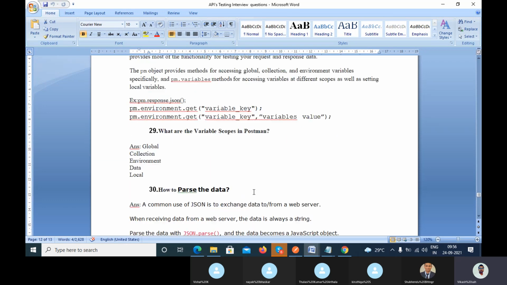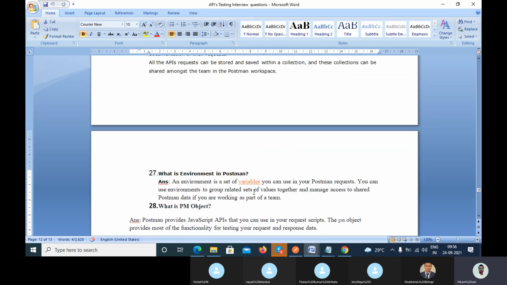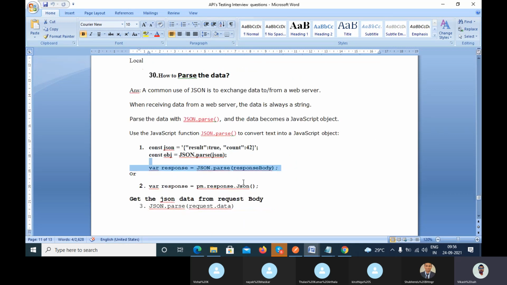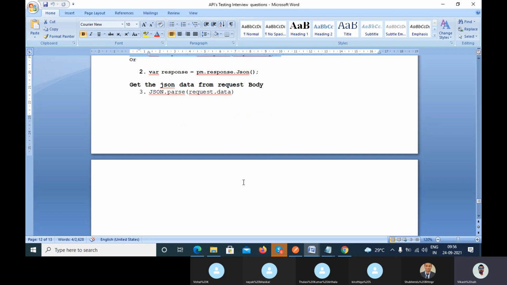So that's it about the interview questions, guys, which they will ask you frequently in the interview. And there are a few things they will also ask which I have not added: how you can create a variable in JavaScript. It is the same as in Java or C#, so you can represent that.